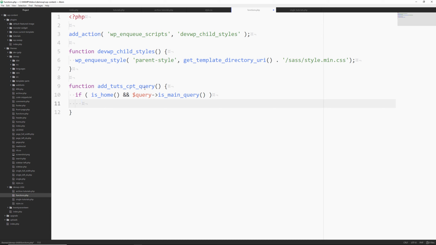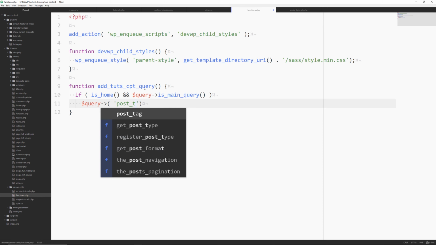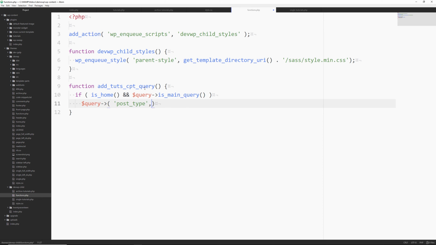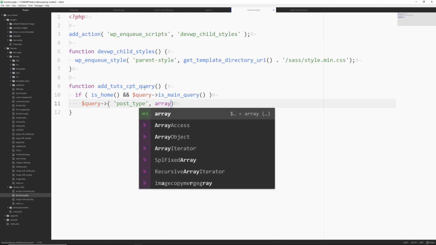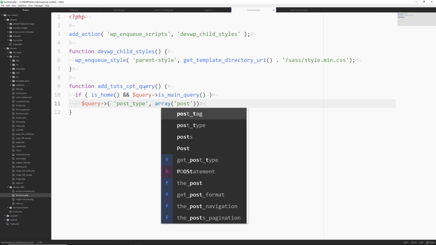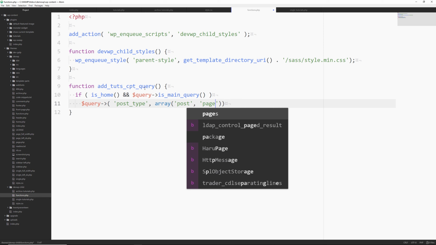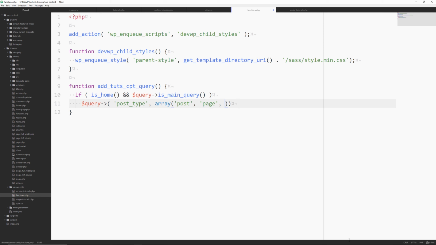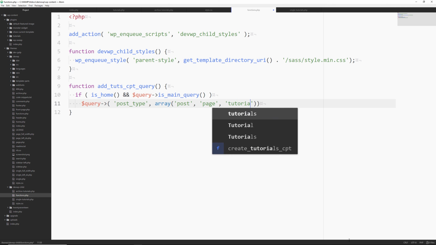So then I'll put in query dash set parentheses post type array, and then we have our standard ones there, the post, page, but then we want to add in tutorials to that.